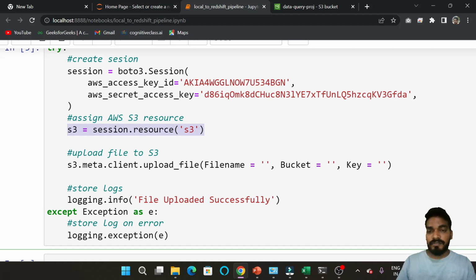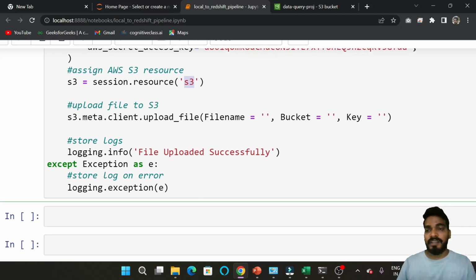Then we will assign an AWS resource. So what resource are we using in this video? We are using S3 because we are uploading our local file to S3. So we are using S3 as a resource. Okay, and in the third step, we are uploading the file. We upload the file using